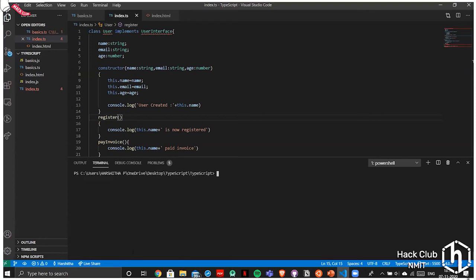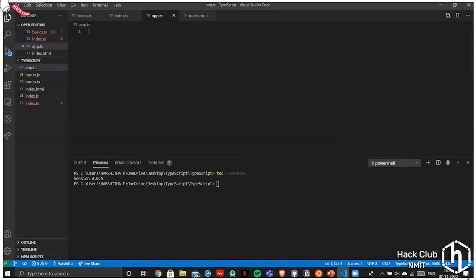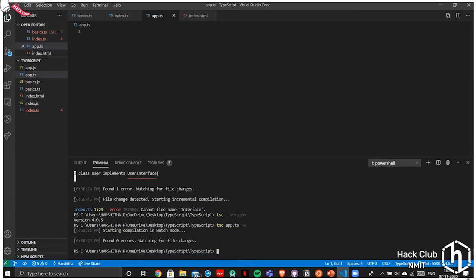So what we do is just type tsc version, and now I'll create a file called app.ts, and of course I'll run tsc app.ts. App.js is created.